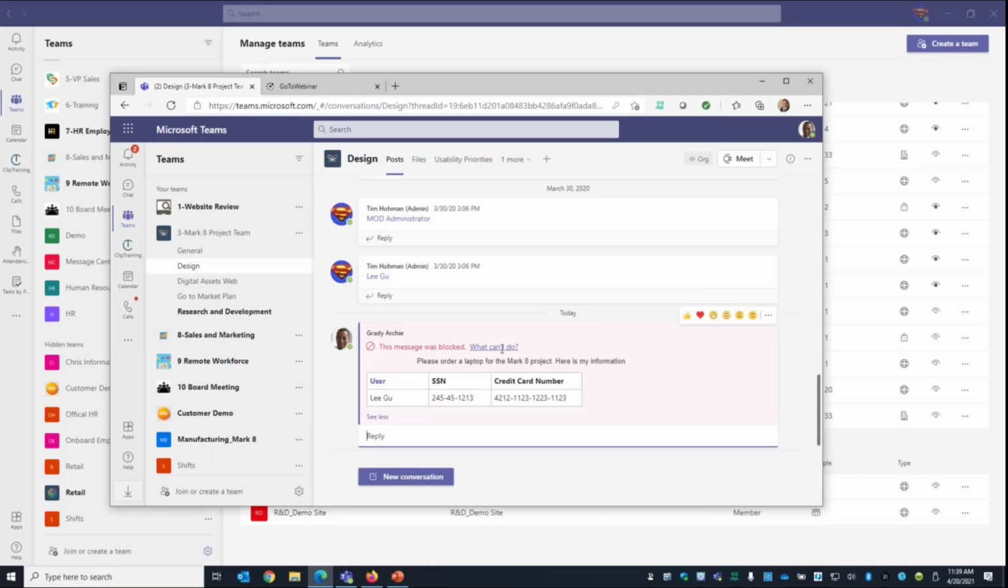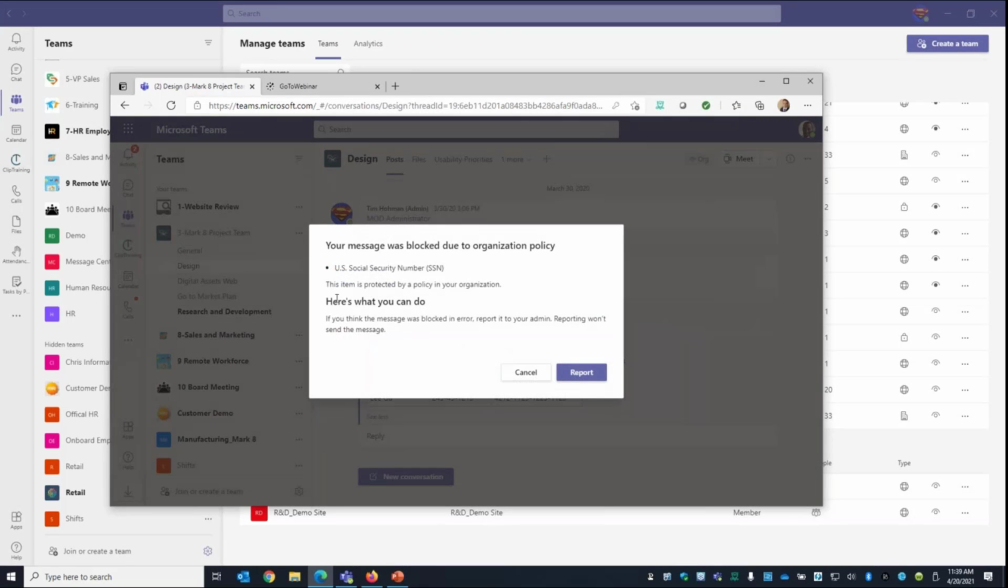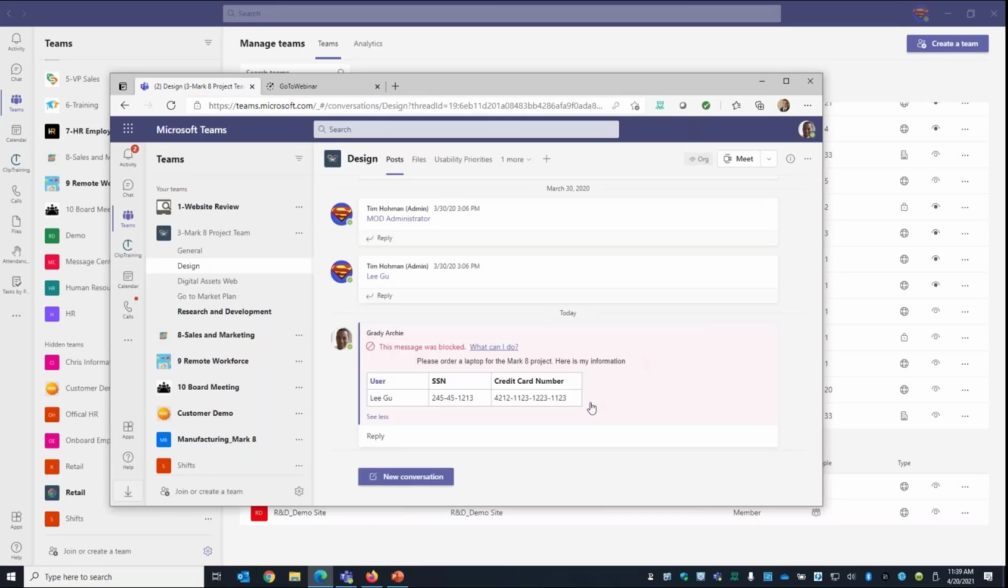And you have options. So there are thresholds. If you see it once, let it go. If you see it 10 times, stop it. You could let it go and notify someone. If I click on what can I do, you can report it. That's the only option I'm giving them. Depending on who you are and what your policy is, you could let them override it. But I'm not letting that happen here. So